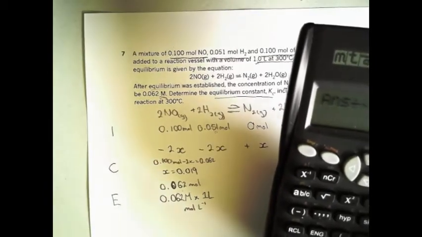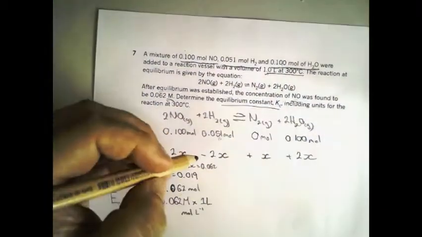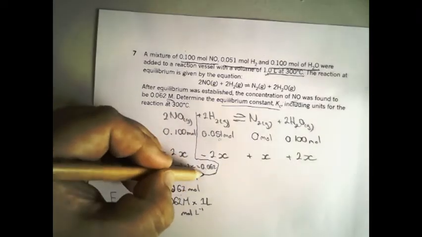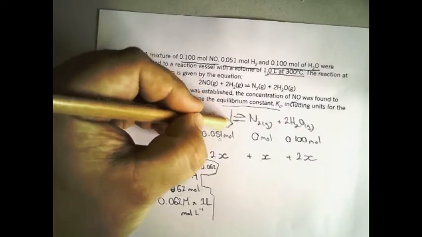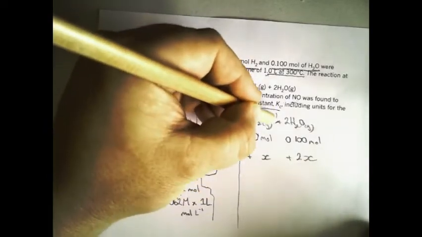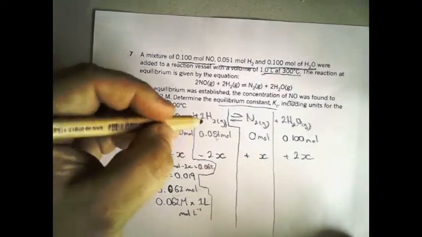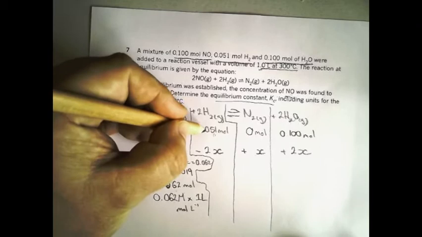Okay, so then we can do the same for the others. We just kind of draw a table down here. Okay, sorry, I'll try to keep within the lines from now on. So this one was 0.051